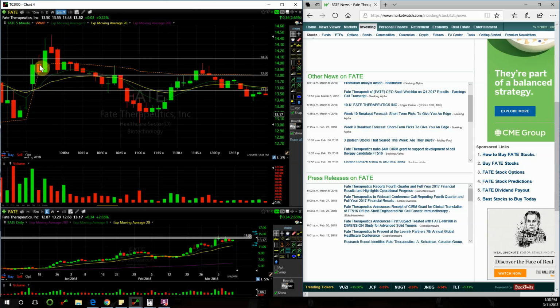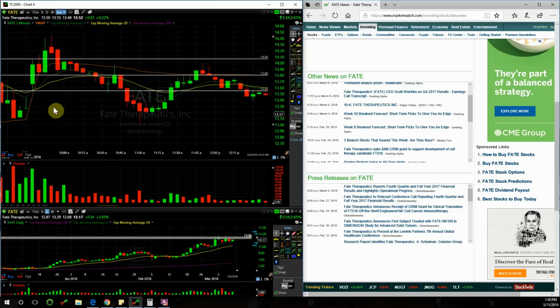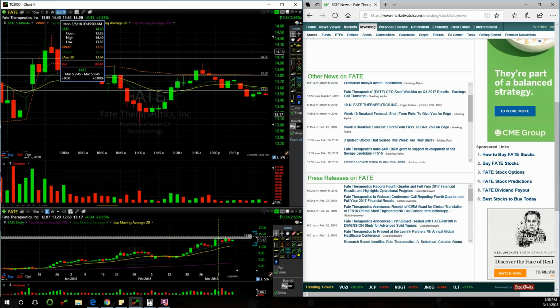And buyers who took note of this stock a little later, after this happened or during this candle, were not too bullish on this candle to just buy a lot, because we see that there's not a lot of volume. So that just tells me that there was a little bit of profit taking, but just not a lot of buying, not a lot going on. So next candle, higher volume,